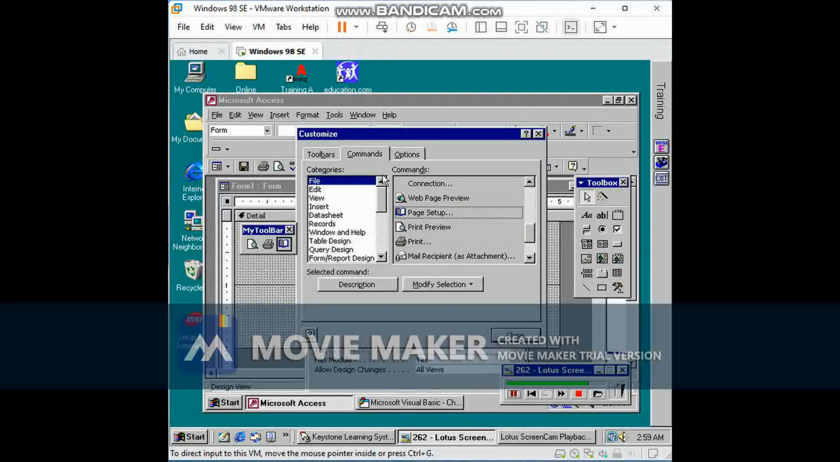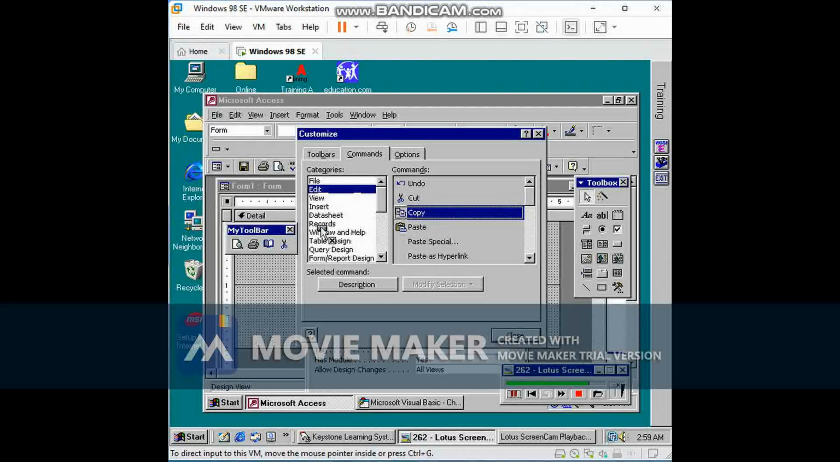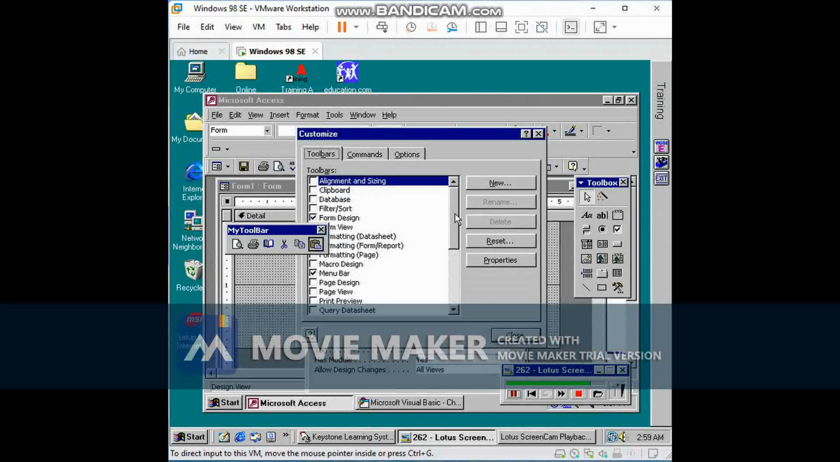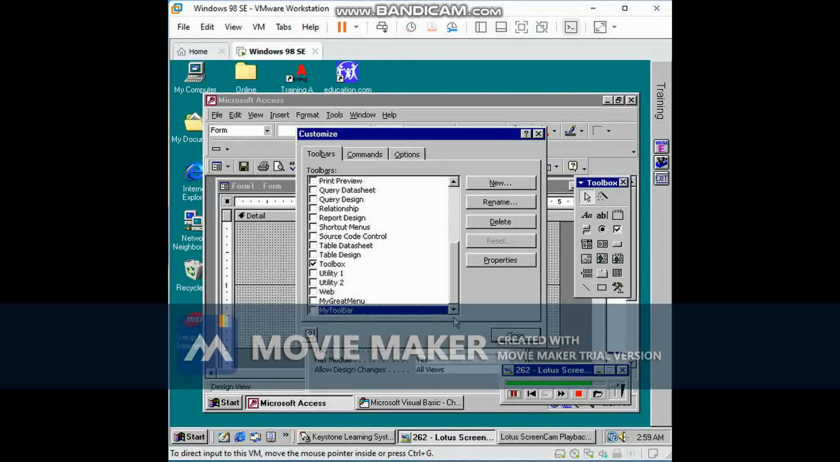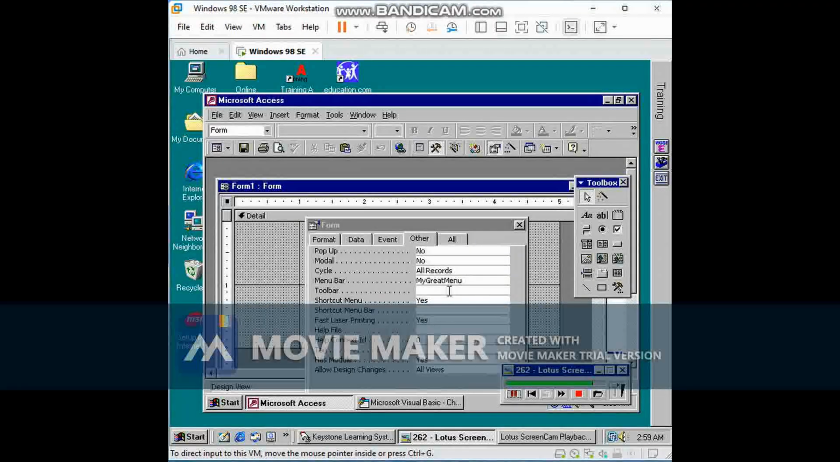Under Edit, I might want to add cut, copy, paste, and so forth. I have my toolbar. When I'm done, I want to hide this toolbar. I don't need it right now, so I'm going to deselect it, close, and once again with my form selected,